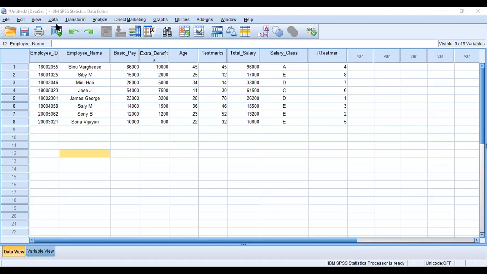What is the variable? Car color. Correct. So create the variable car underscore color. What type? It is a string variable.